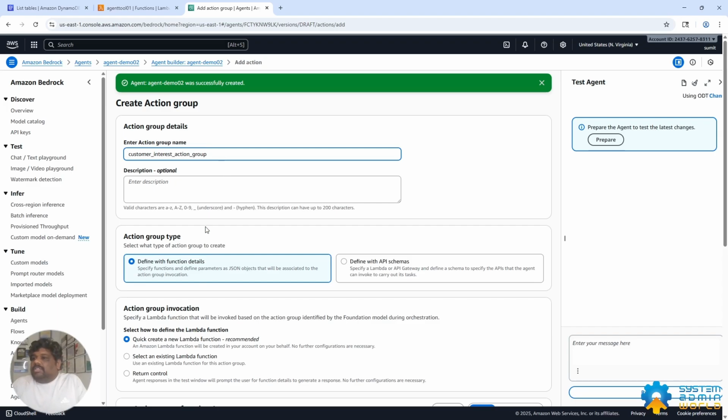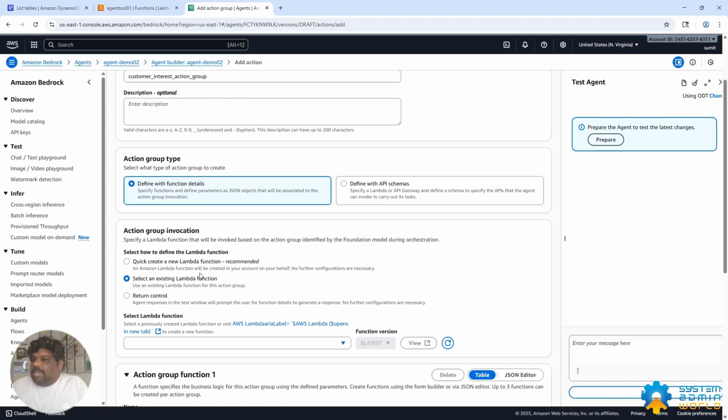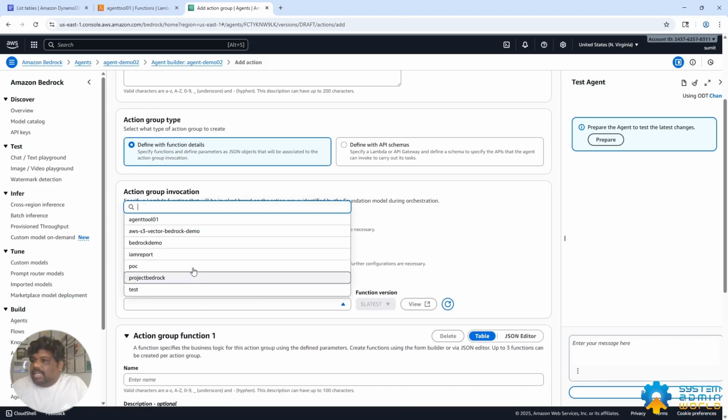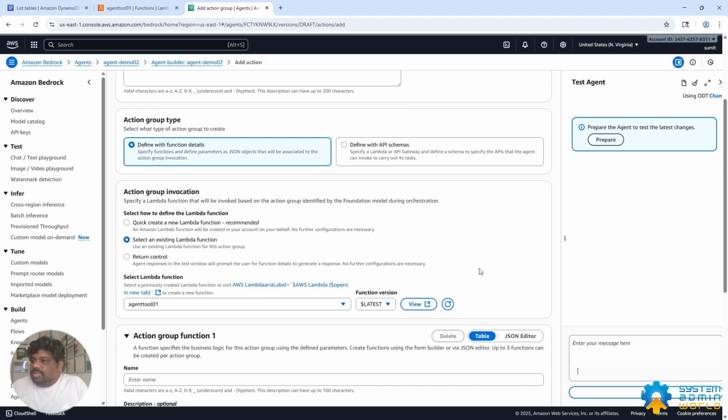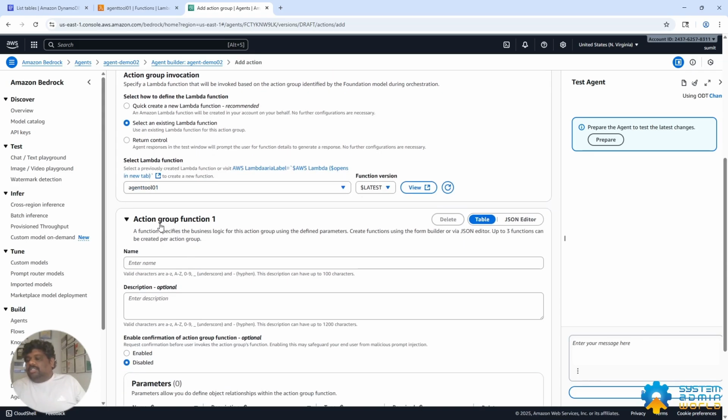This action group will execute the existing Lambda which we created, the Lambda agent 201. It will pick up the latest version of the deployment, and then we will define the action group function,